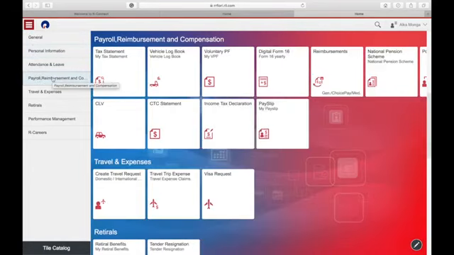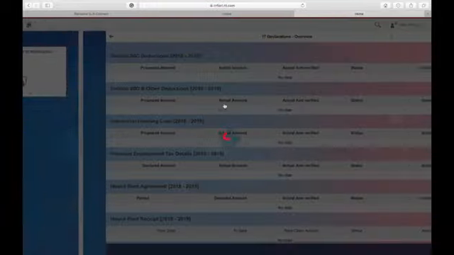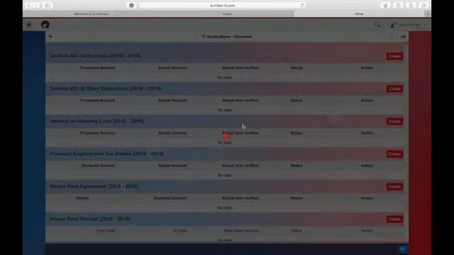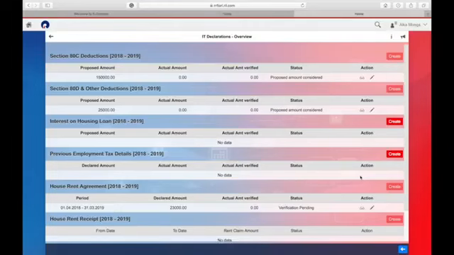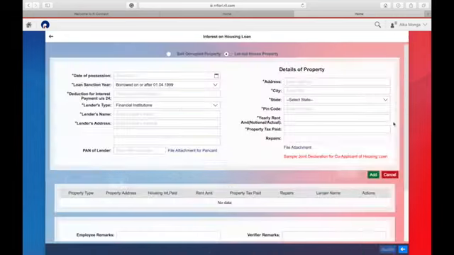Now coming to another module, which is payroll. New joinees or people who have not updated their income tax declarations have to go on this tab and update their income tax declaration. Once you say create, it will allow you to make changes.